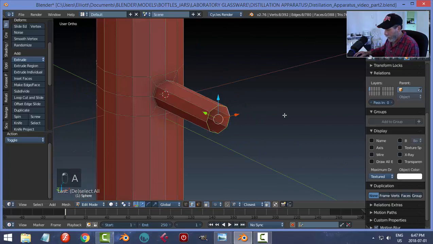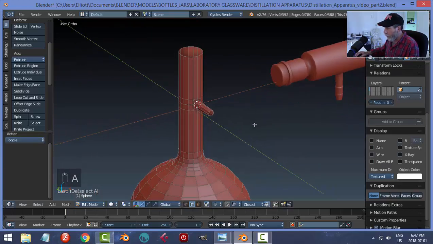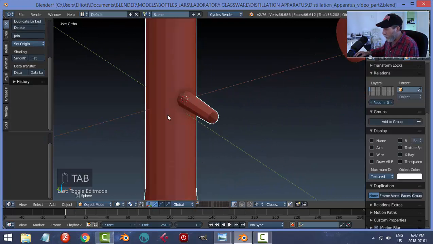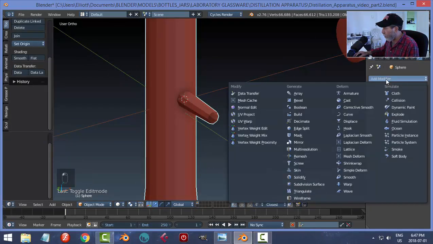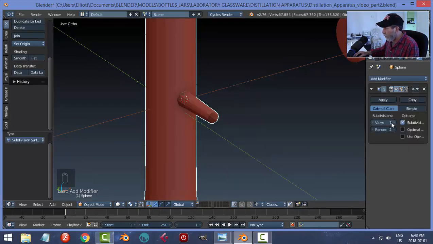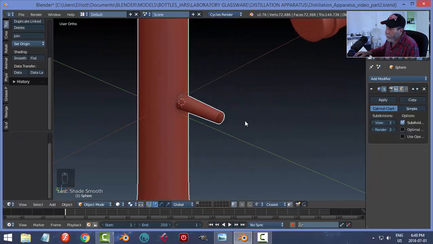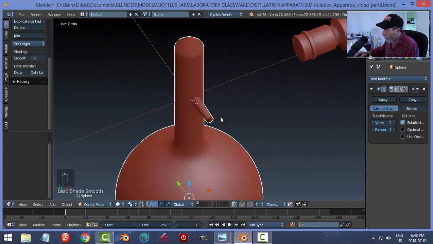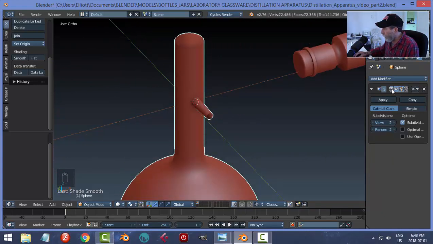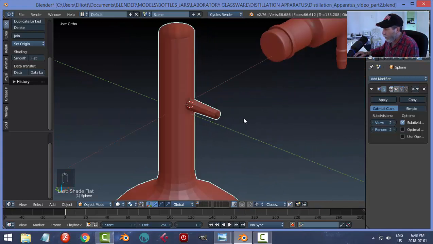Okay, actually perhaps I was going to have to scale it down a bit. I'll just leave it like that for the moment, just so that you can see that it works, or it should work. Subdivision surface, okay, and smooth. All right, so that's another technique that you can use to put a hole in a cylinder. All right, I don't need that right now, or the smoothing. Okay, so